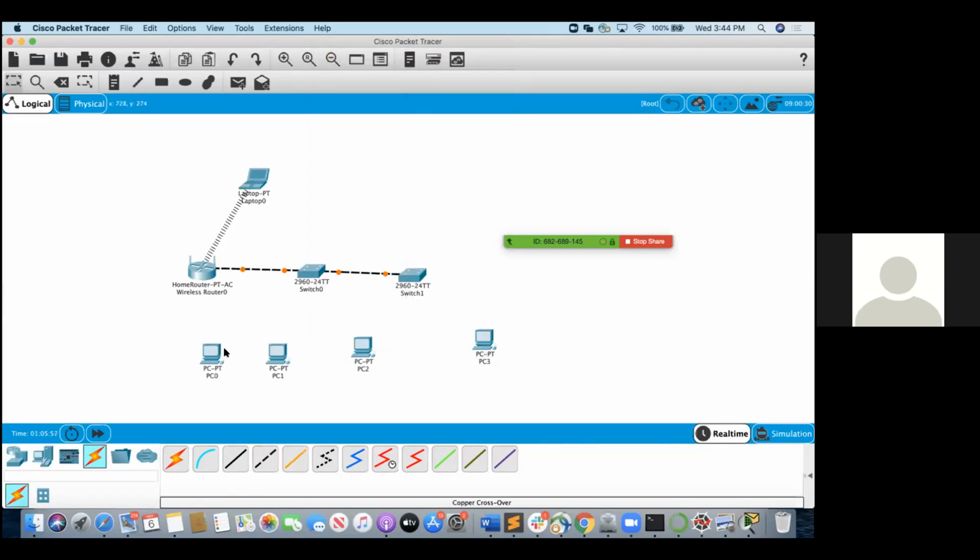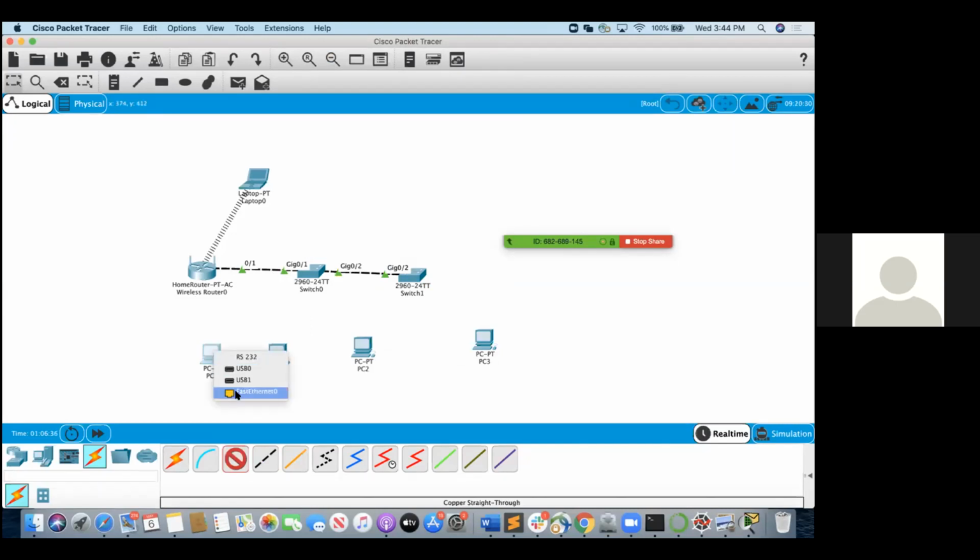And now you're going to connect the PCs to the switches. Also, you're going to observe that these points are going to be amber, which is fine. It's just showing that the connection is being set up, and some configuration is going on. But once the configuration is done, it's going to become green, which means it's stable and ready for data transfer. And you're going to connect the PCs to the switches using a copper straight through wire.